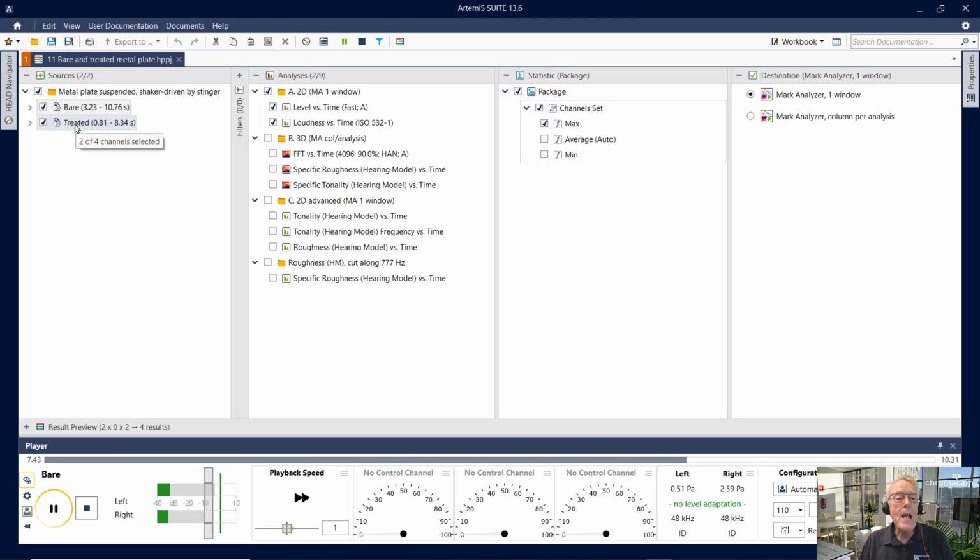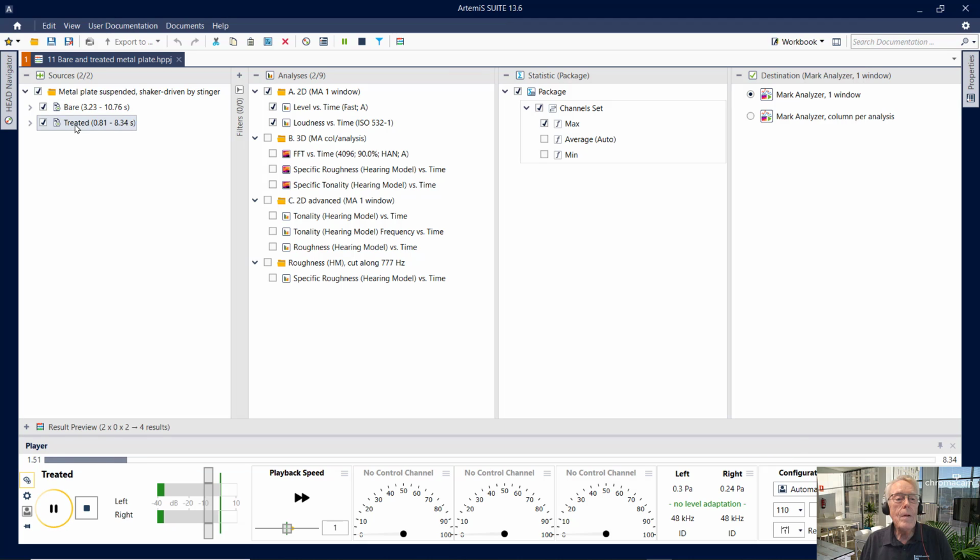And it sounds like this when the damping material is on. Bare,